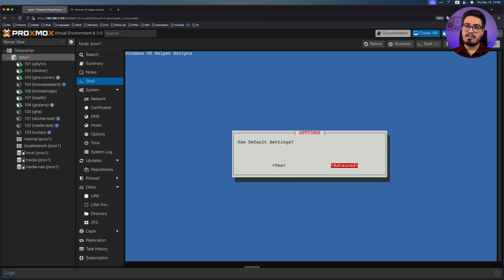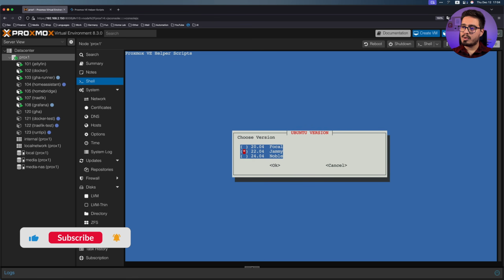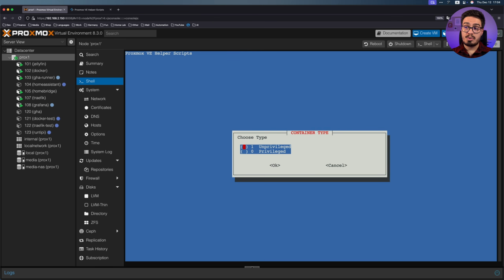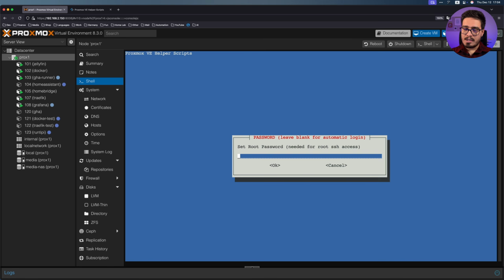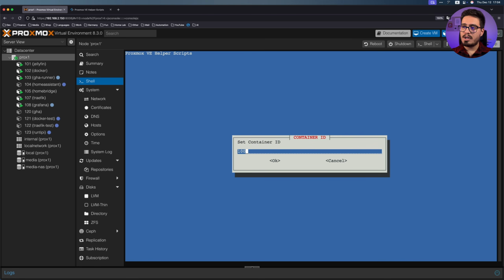I would go with advanced because I want to specify a few things myself. So let's go with Ubuntu 22. This container doesn't have to be privileged, so choose unprivileged, choose a password, specify the container ID, so I'll go with 106. Hostname is fine, disk is fine, CPU, just one core is enough, 500 megabytes of RAM is enough,